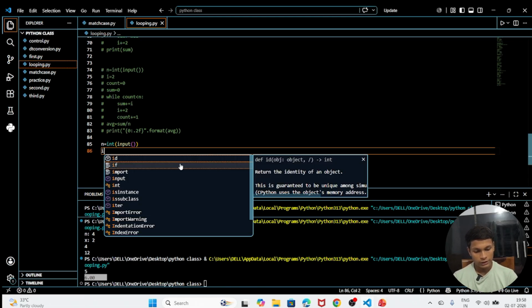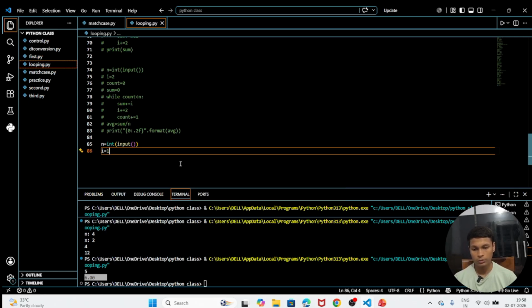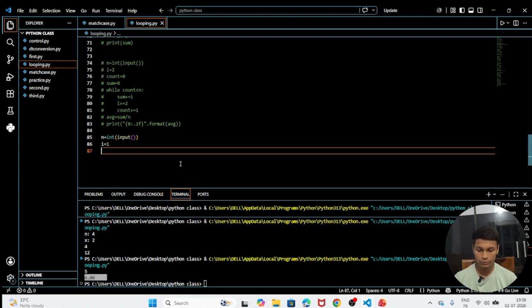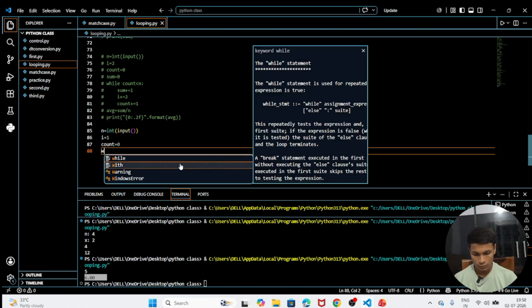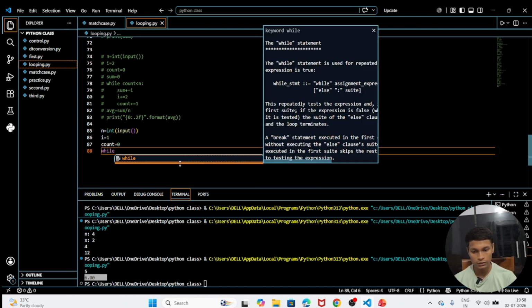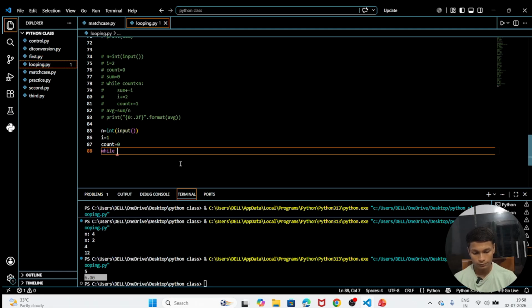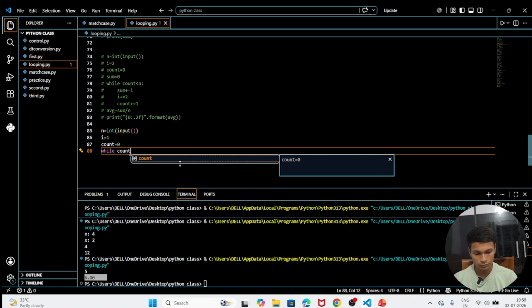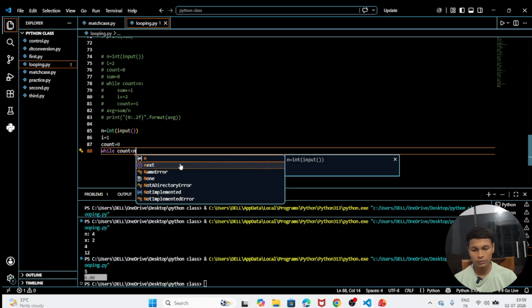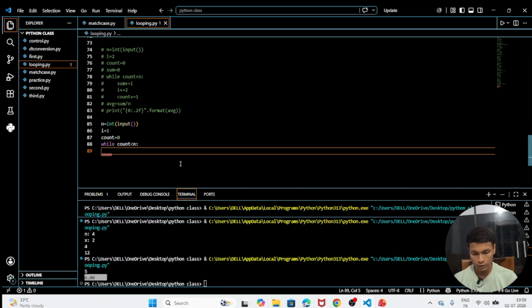So I am initiating i equal to 1, because we are dealing with an odd number, so it should start with 1. After that, we are going to count, because the range was not given, so count equal to 0, while we are going with a while loop. While our range is moving from count to n, while count is less than n, then what we are going to do,